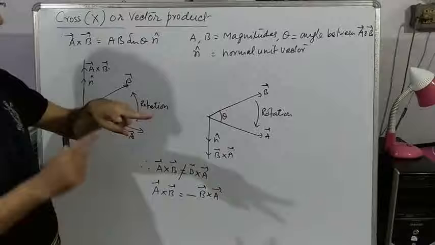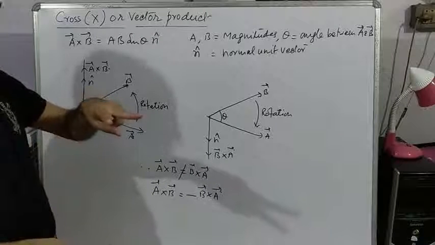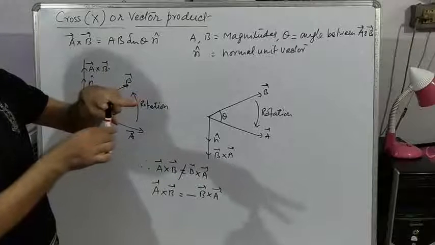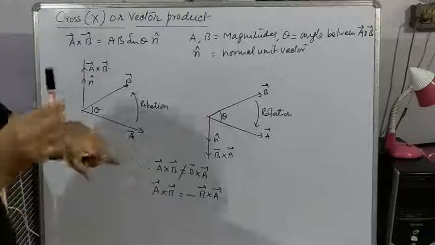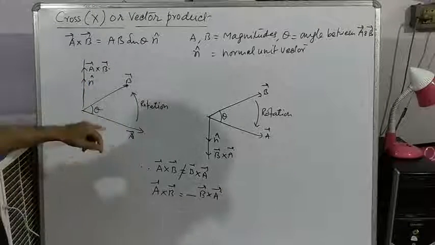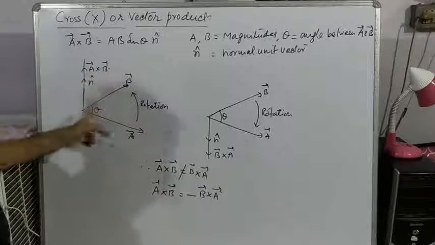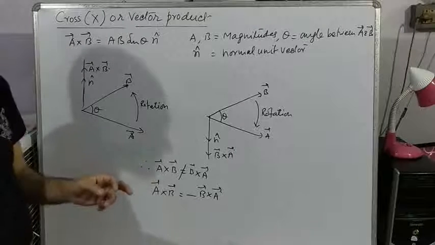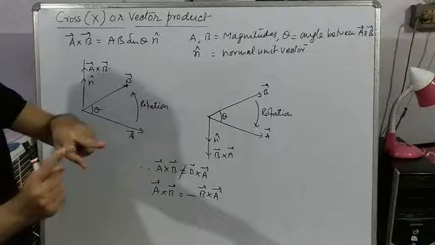Suppose these are two vectors A and B. This angle is theta. So direction of n is like this or like this. Now let us decide what is the correct direction. This one or this one. Suppose A and B are these two vectors. Theta is angle between them. You want to know A cross B. Then you have to rotate vector A towards vector B